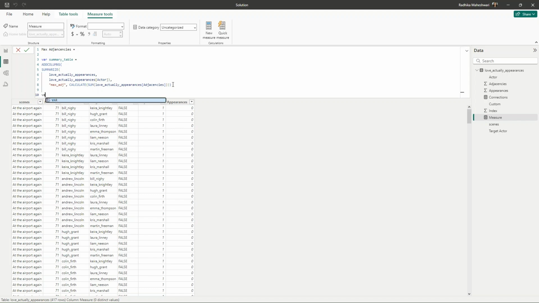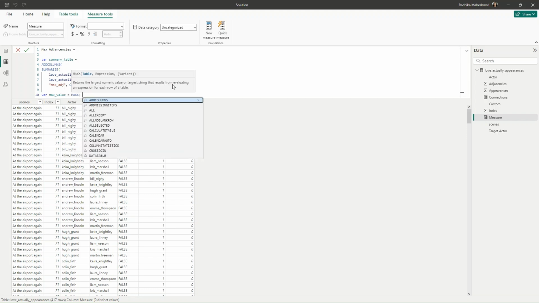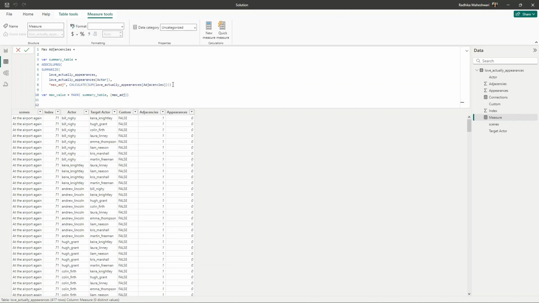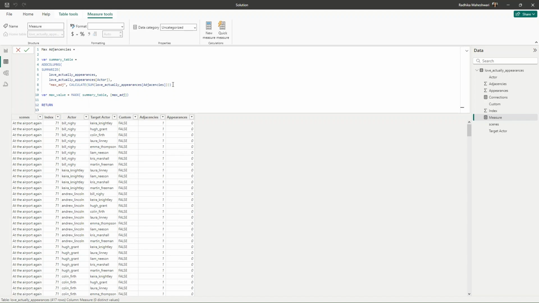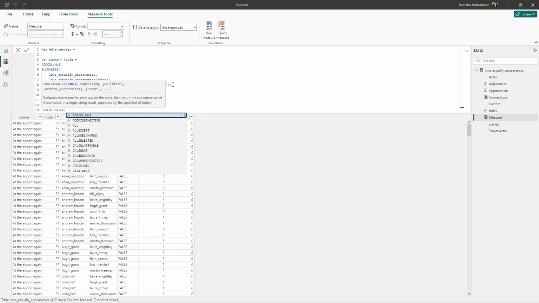So I will again define a variable called max value, which will be MAXX. I'm going to give the summary table, and we want the max value of this max adjacencies column, so I'll give that. I'm going to return again. A concatenate operation is required because there could be multiple actors who have the same number of adjacencies. So I will use CONCATENATEX.